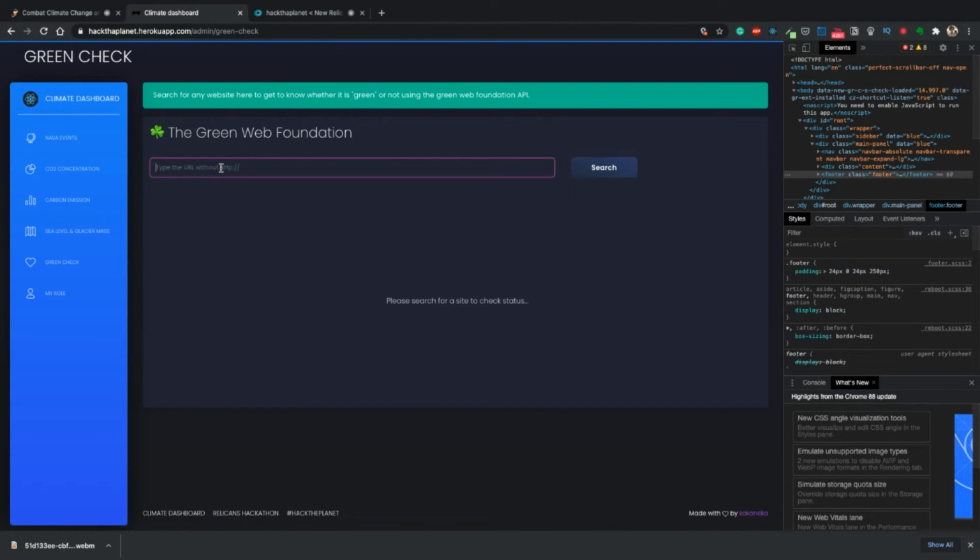when I enter a URL here with HTTP, www.google.com, I supply a protocol which the green check API is not expecting, because of which my API errors out on the node side.